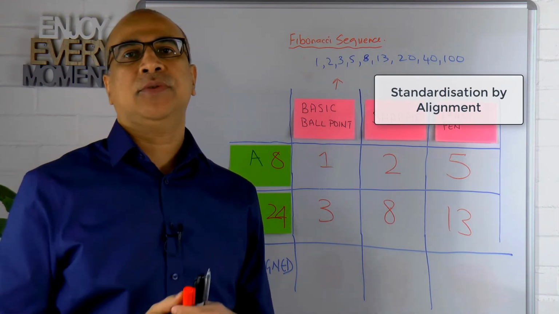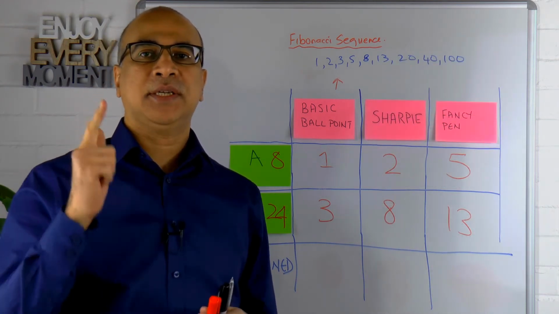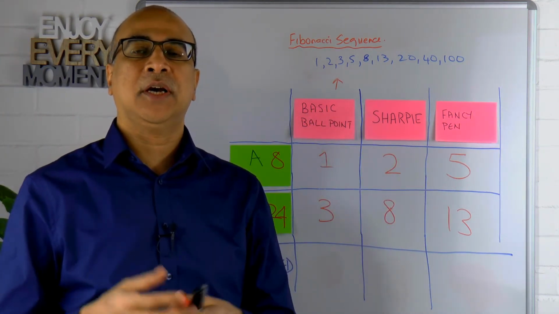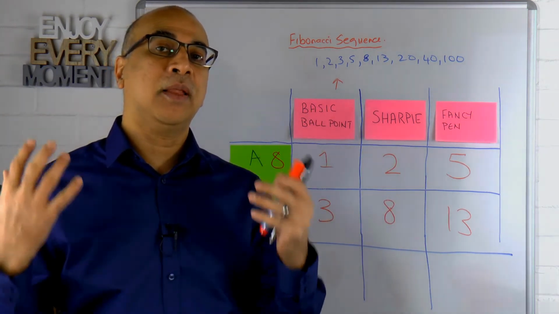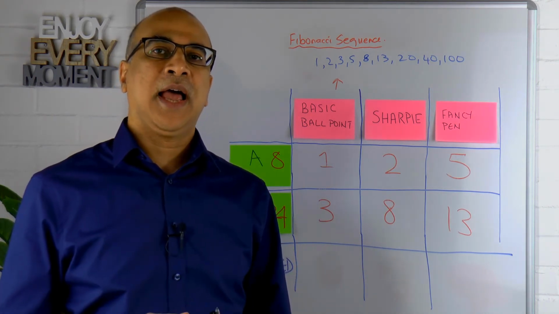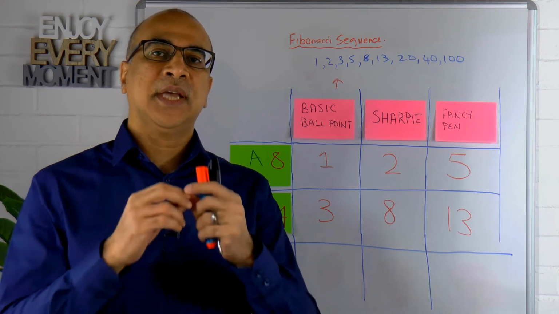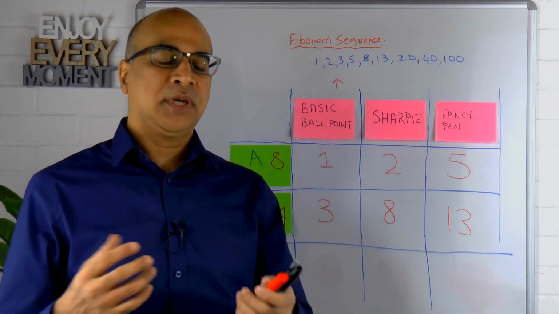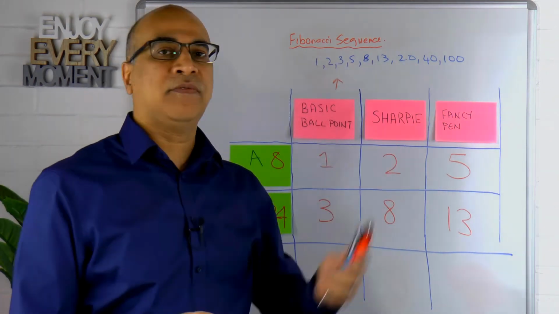Here we've got our 2 teams. We've got Team A and Team B. So what we want to do is bring them together into a room, and say, guys and gals, we need to align our scale. We need to make sure that we are using the same gauge and we are measuring in the same way. So we bring them together and we show that they obviously know the Fibonacci sequence because they've been using it,